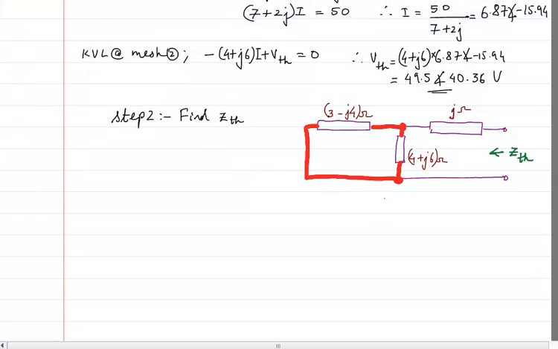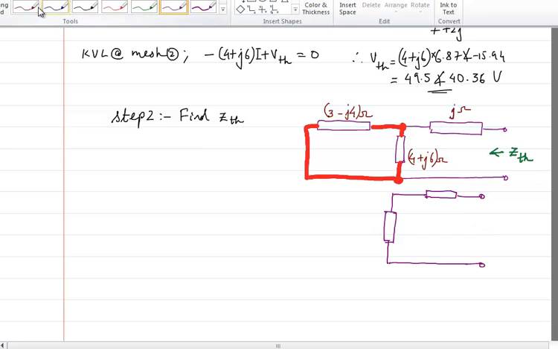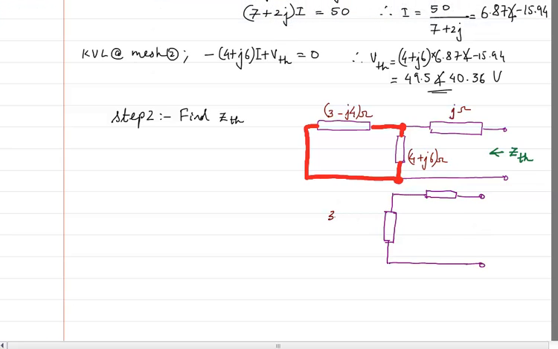So what I will be having is a single element which is the parallel of both of these, and then the remaining J ohms is as such going to be there, okay. And then I will have to look from this side. So here it's going to be 3 minus J4 parallel with 4 plus J6. Now I had seen some of the assignments, some of the tutorials being done by students where